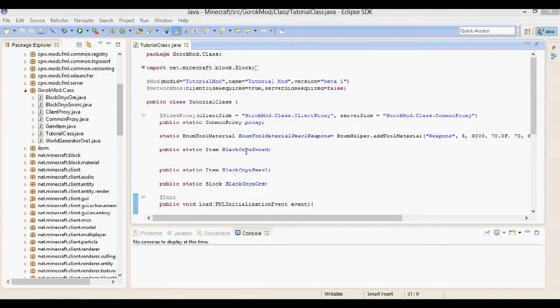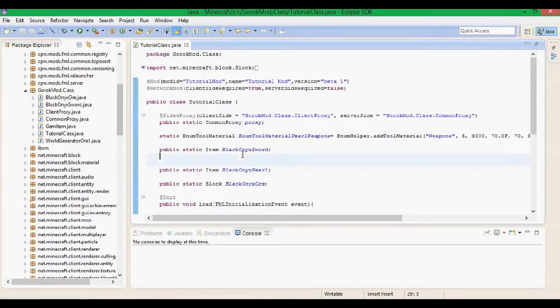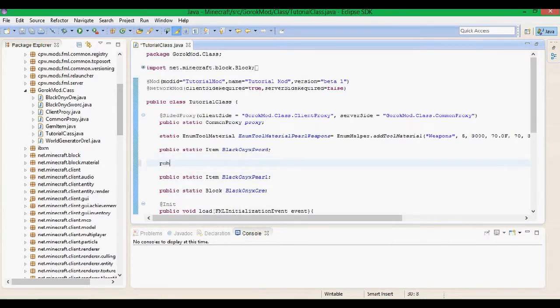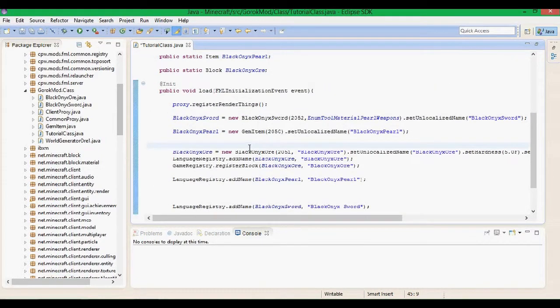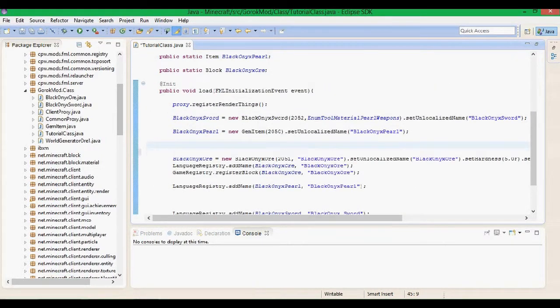So I'm back, guys. So anyway, let's get into it. Now, you just go here. You have to implement it. So public static item. Let's call it Goroko meat. You can call it whatever you want. I'm just calling it Goroko meat. So anyway, we started that, and now come here and right here, Goroko